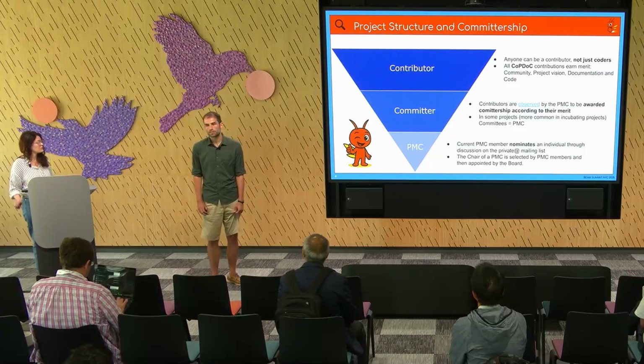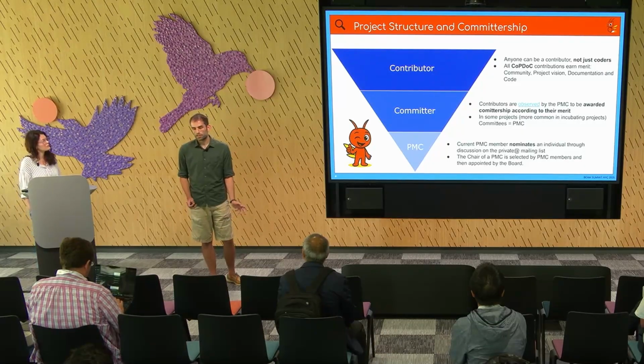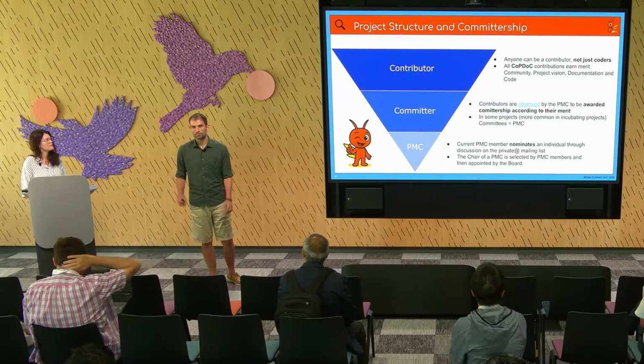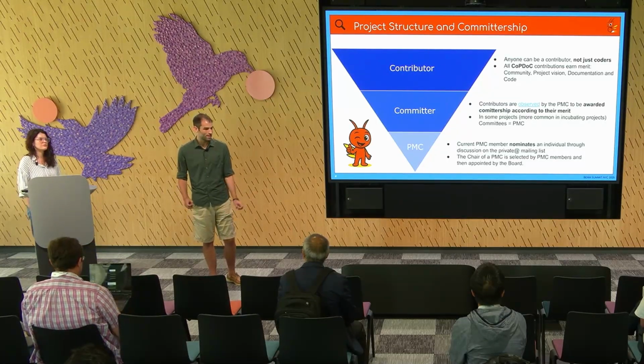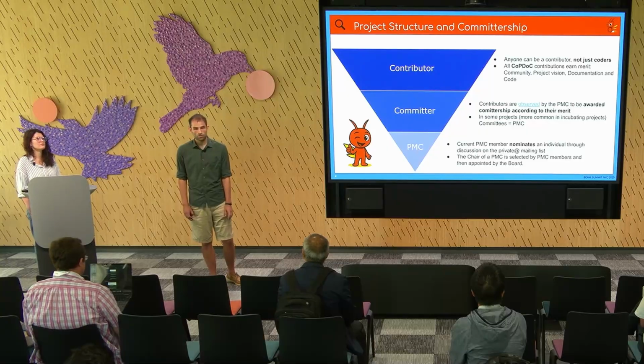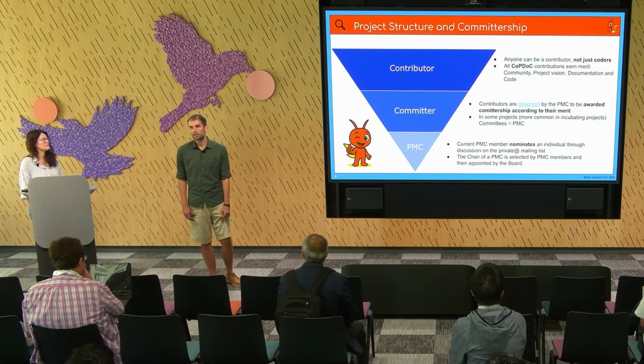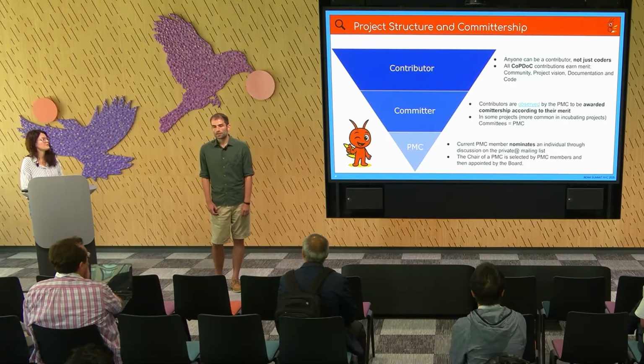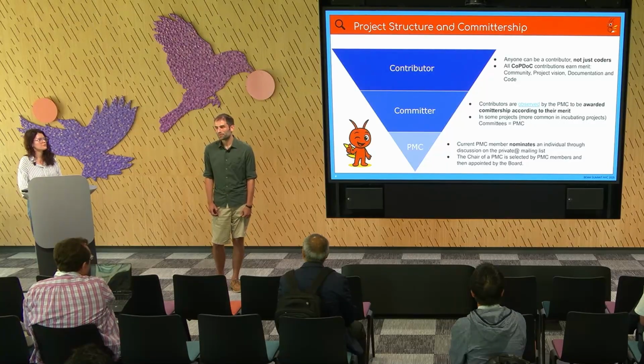And a committer is basically just somebody who has been around the project for a while, who the PMC, which I'll cover in a minute, trusts to commit code to Beam. Committers are not inherently people who do commit code, but it's somebody who we trust to do right by the project.